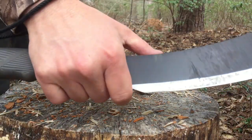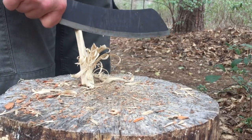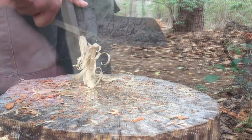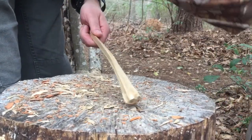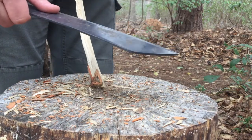the other thing you can do depending on your machete is choke up on the blade and use it just like you would your knife. And this one actually works pretty well for that. The last thing I'm gonna do, and the back of this doesn't work really well for making scrapings because of the coating,